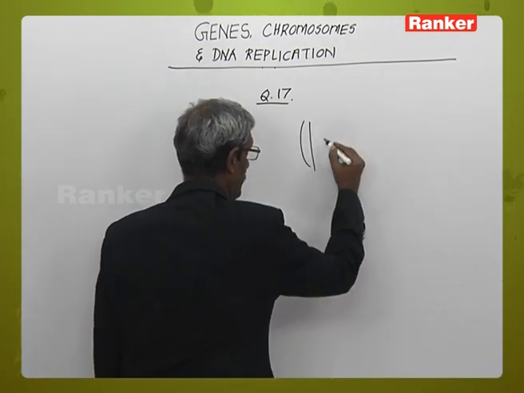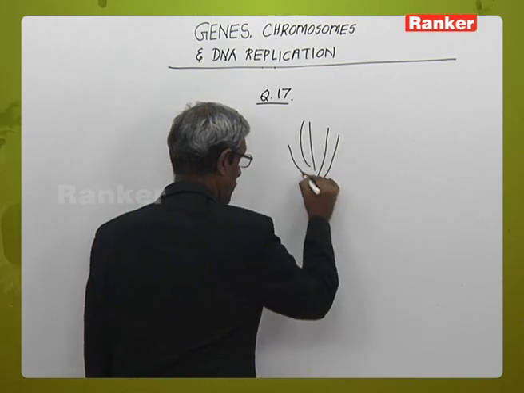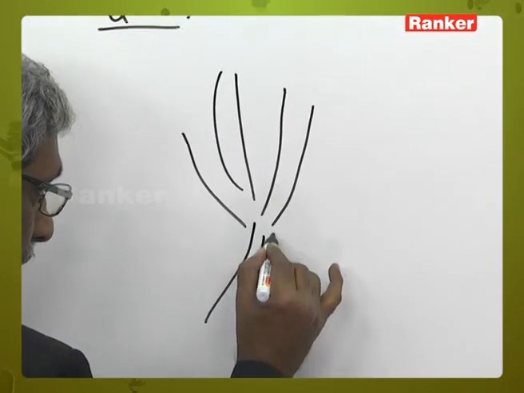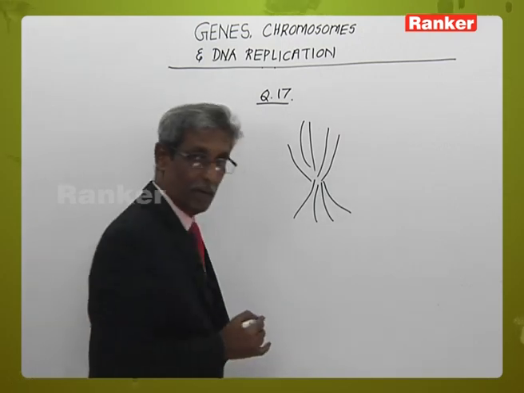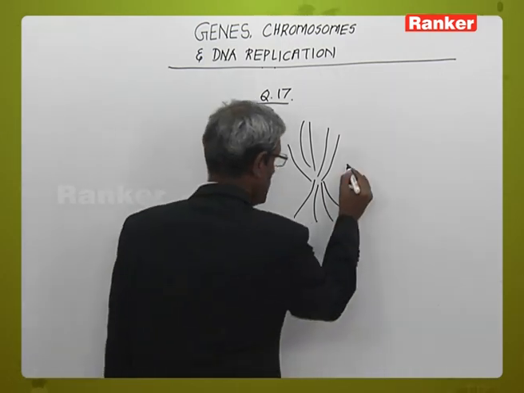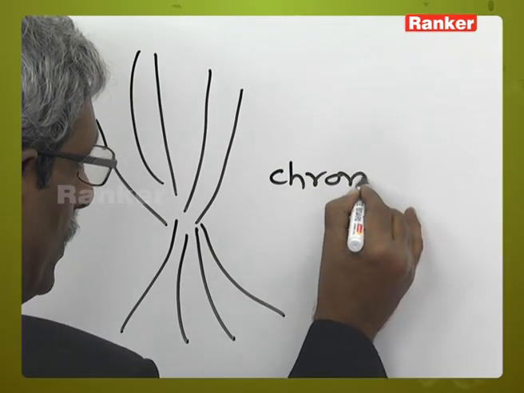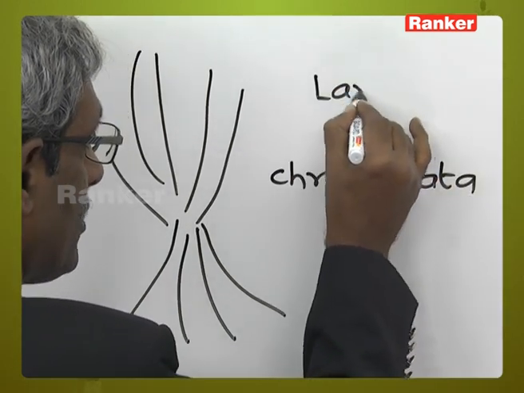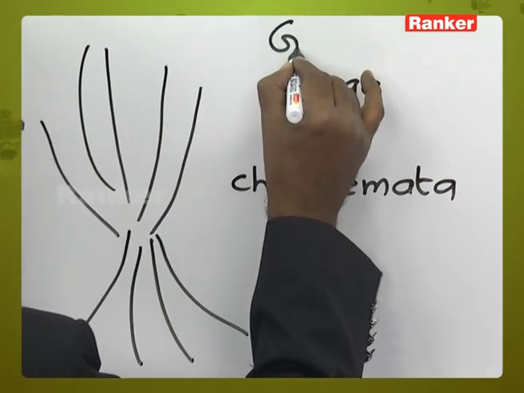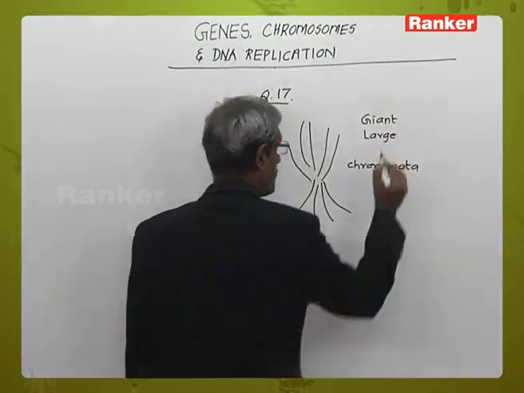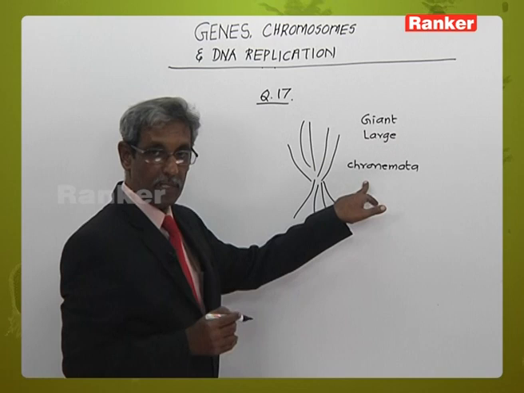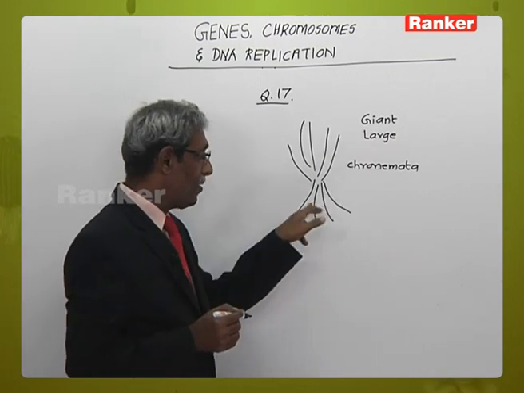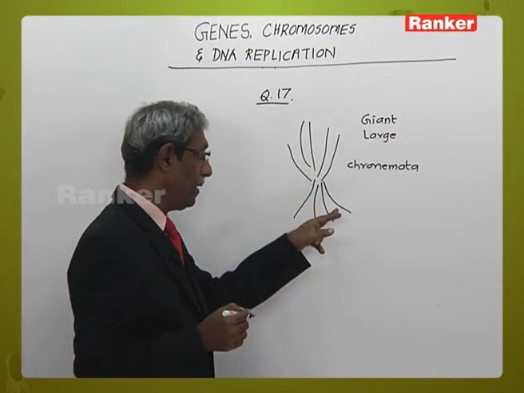of a reticulum, if the chromosomes are large and they form a sort of a mesh-like structure, this mesh-like structure is termed as chromonemata, and they are large, hence they are termed as giant chromosomes. So, giant chromosomes with a sort of chromonemata, because there are many threads formed over here,